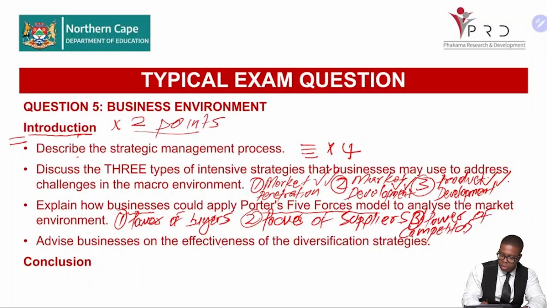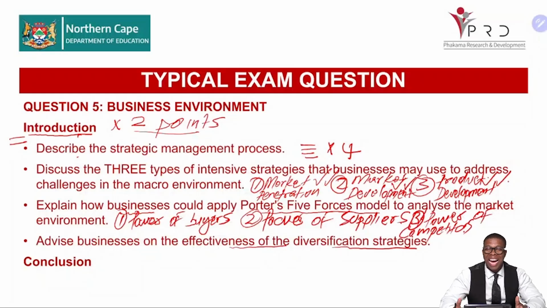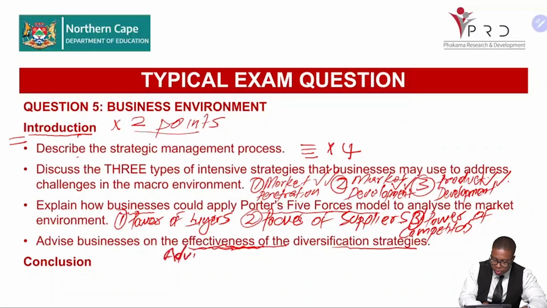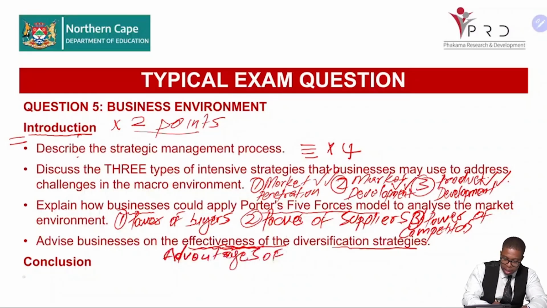Then advise the business on the effectiveness of the diversification strategy. Now here you're talking about the advantages. So the examiner sometimes can use the word effectiveness. By the word effectiveness, the examiner is looking for advantages of diversification. So you should know to say this question is looking for what? It's another way of asking for advantages of diversification. Then you give 1 times 1, meaning 1 point